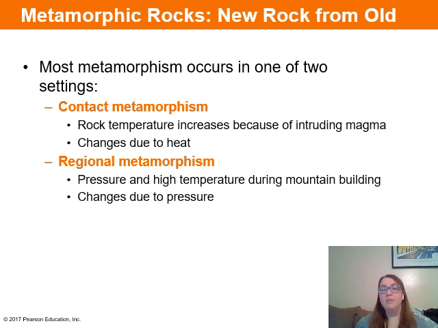So with metamorphism, this is going to occur in two different ways. The first of which is called contact metamorphism. And this is where rocks are going to change because they're in direct contact with something that's super hot. So think back to those magma chambers that we talked about earlier. The magma chamber itself is just magma, but it's in direct contact with the rocks holding all that magma inside. So the intense heat from that magma is basically going to bake or change the rocks surrounding the magma chamber, which is contact metamorphism. But if you want a better, more basic life kind of example, think about trying to